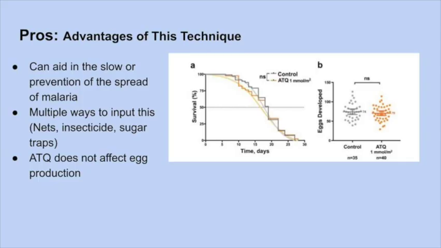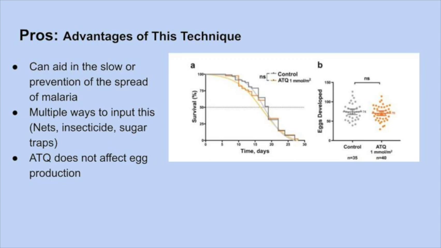This drug can be implemented in such a way that when the female mosquito lands on something with ATQ, it'll act in a way that helps prevent infection in gambiae. These findings indicate that the ATQ-like antimalarials could be incorporated into control interventions other than treated nets, such as attractive toxic sugar baits in which female mosquitoes become exposed to chemicals while feeding on sugar, or indoor residual insecticide spraying in which contact occurs while female mosquitoes are resting before or after blood feeding.